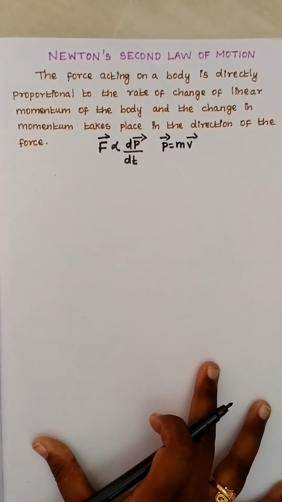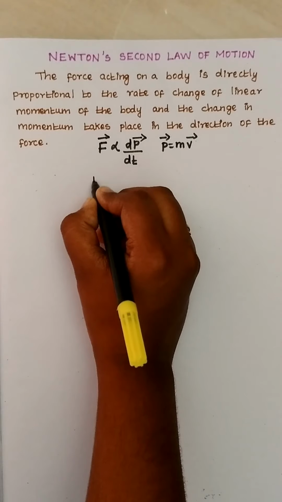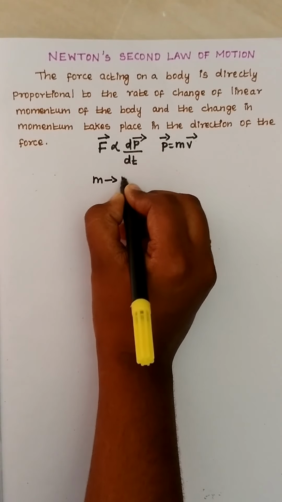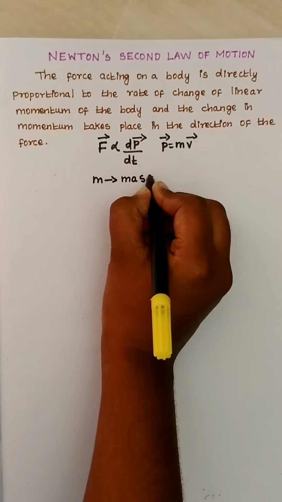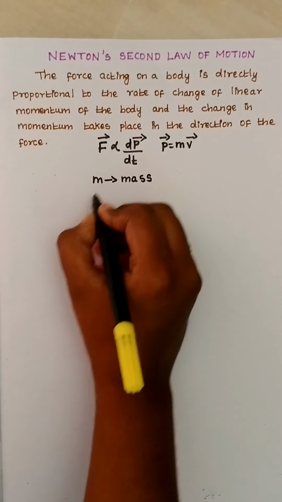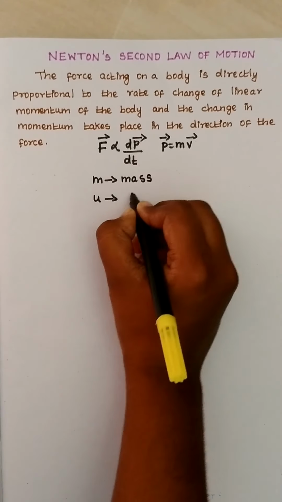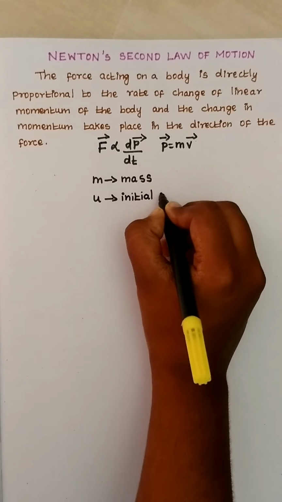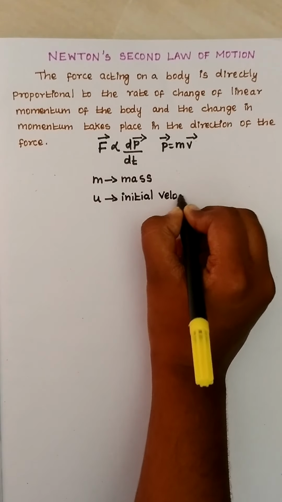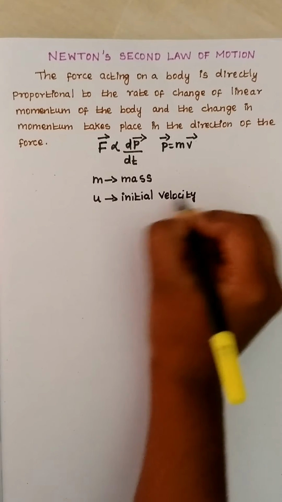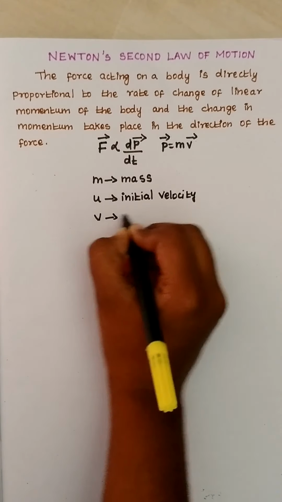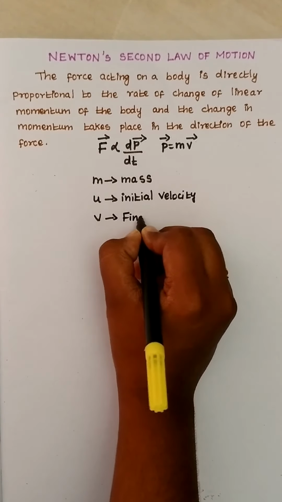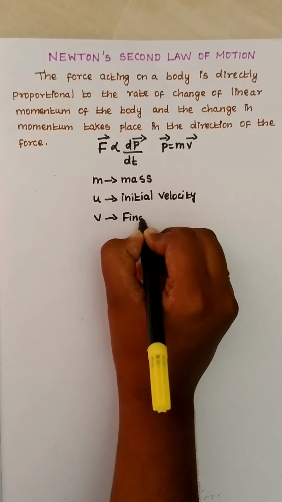Okay, so for this consider an object is having some mass m. So the object is moving and the object is having mass m. It is having initial velocity. So two velocities இருக்கு, initial velocity and final velocity. So u வந்து you can take as initial velocity where v represents final velocity.